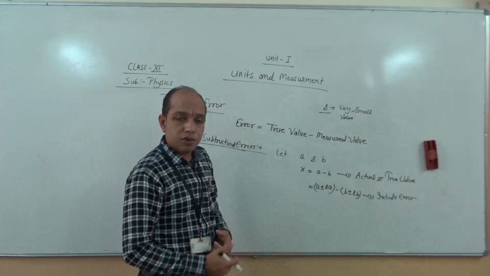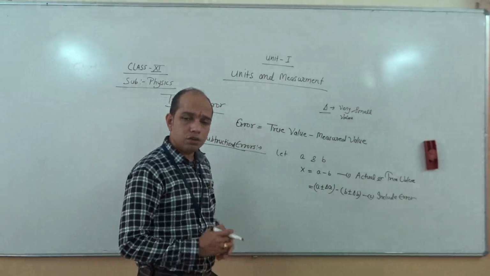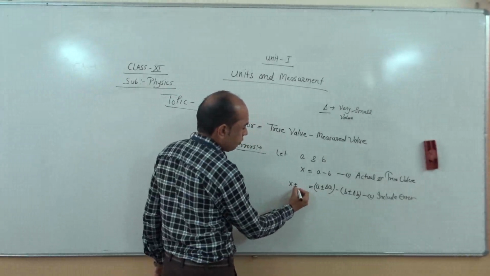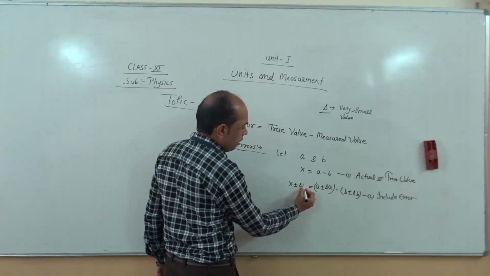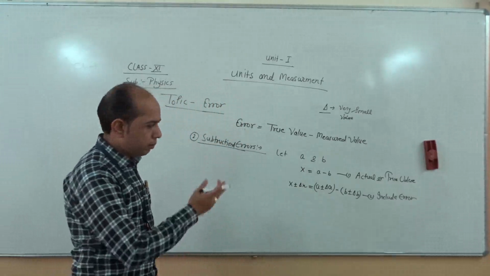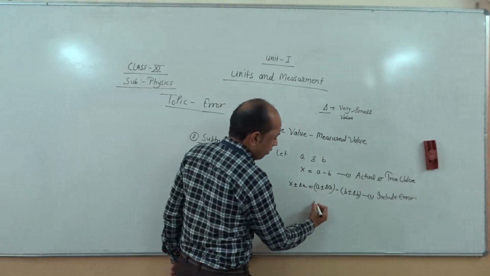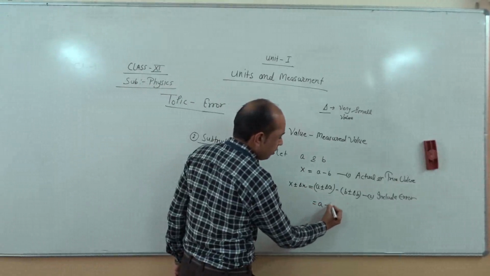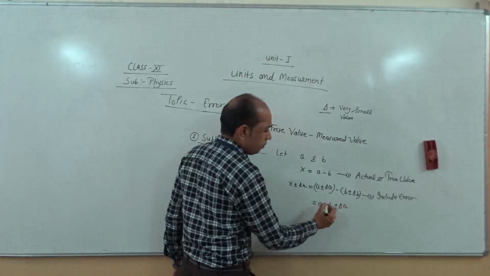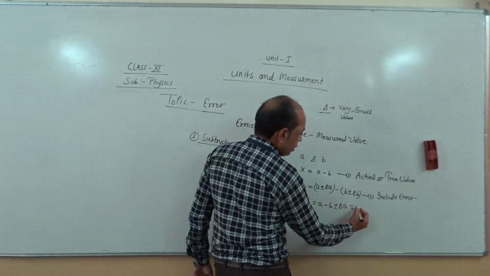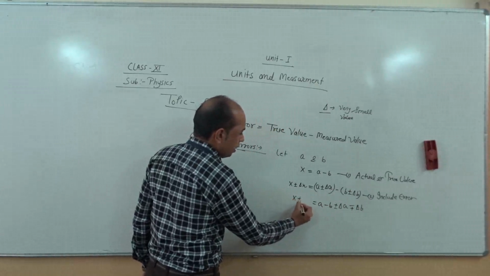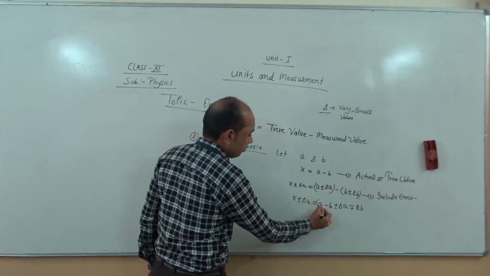and when the observation is affected, obviously the result is also affected by a small amount. So x plus minus del of x. Now again, like the previous one, we simplify. So a remains the same, minus b remains the same, plus minus del of a minus plus del of b, and this equals x plus minus del of x.